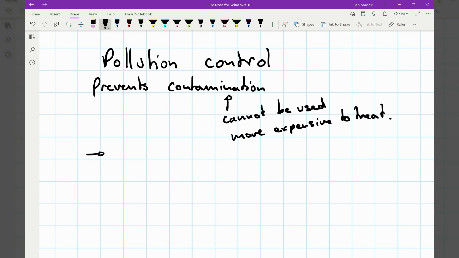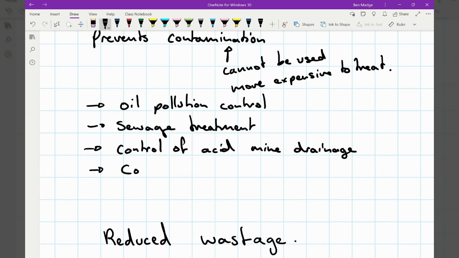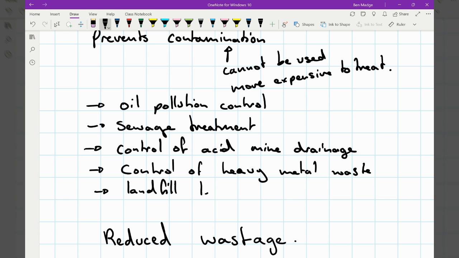So some of these things might be oil pollution control, sewage treatment, control of acid mine drainage, control of heavy metal waste, landfill leachate treatment,